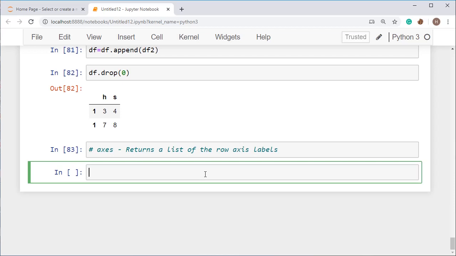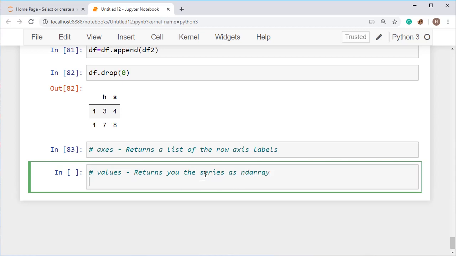Okay, and values will return the series as an ndarray. This one is actually not a function, this one is an attribute. So perform all these operations at home, try this thing.